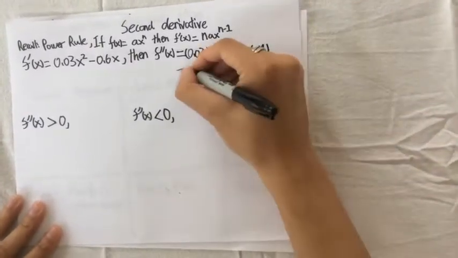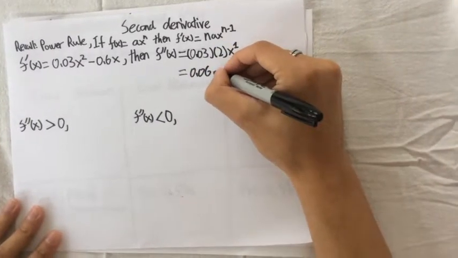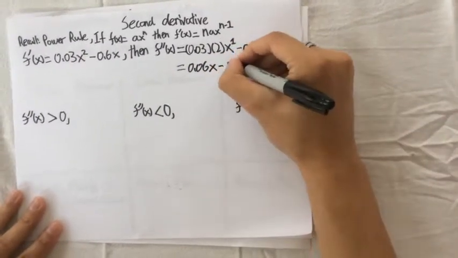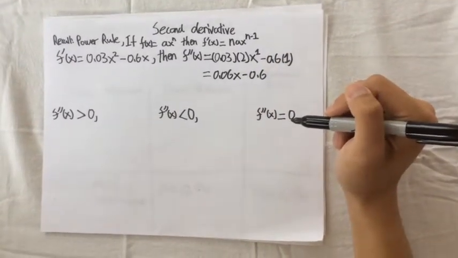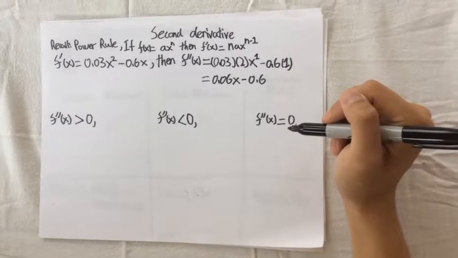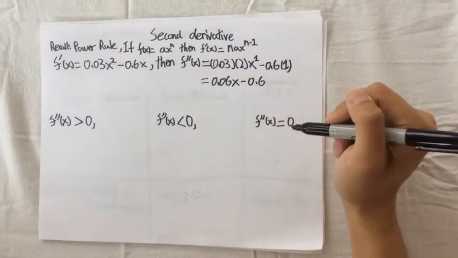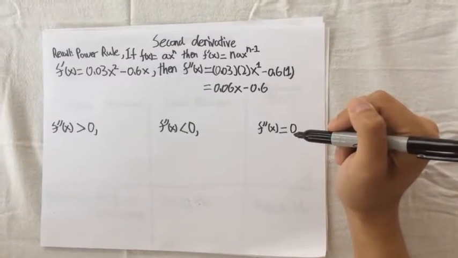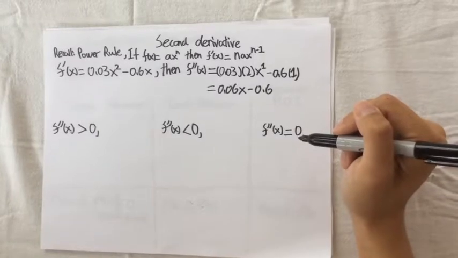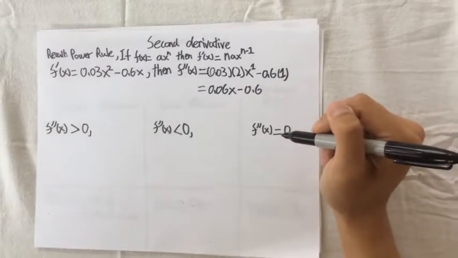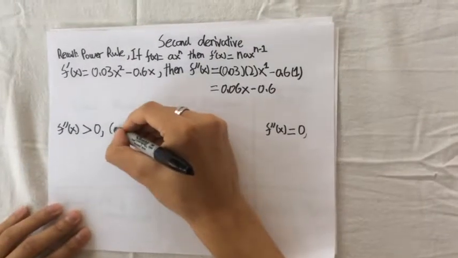So f prime of x is 0.06x minus 0.6. So what does the second derivative represent? The second derivative, f double prime of x, models the concavity of the original function and also the acceleration-time graph. So when f double prime of x is greater than 0, it is concave up